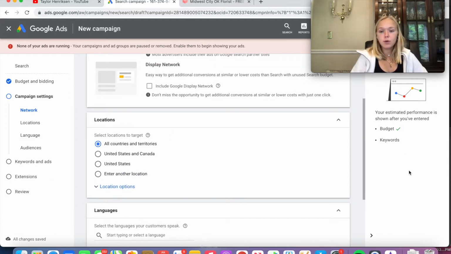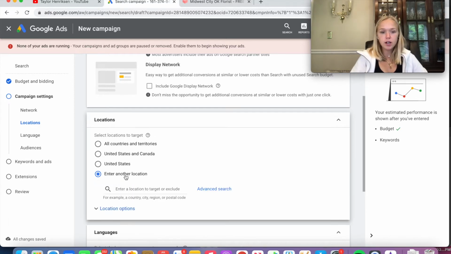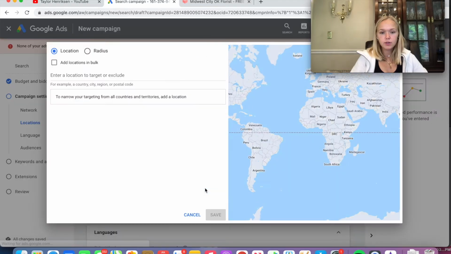Locations is where you have to kind of consider your business model a little bit more. So maybe you're a flower shop that delivers to the local area and you get a lot of calls from people out of town looking to deliver flowers to friends in the area. In that case, you might want to target the entire United States. But maybe you are truly only kind of that local option, local flower shop, local florist, and you really only cater to your community. Then you could click enter another location, could do an advanced search,